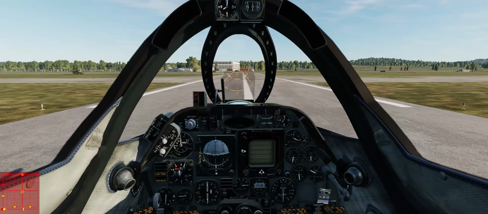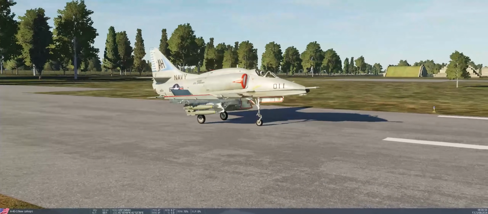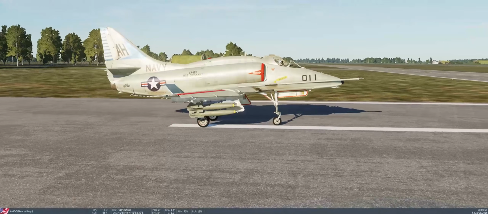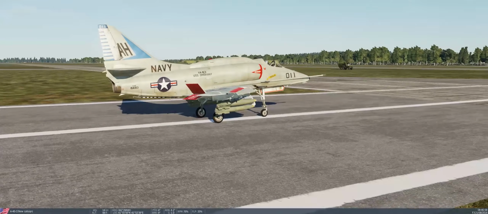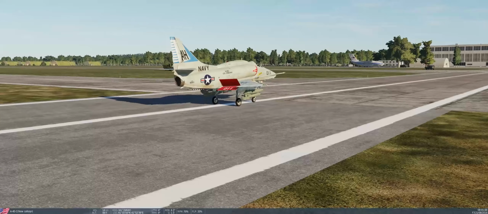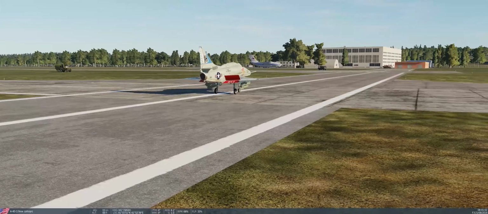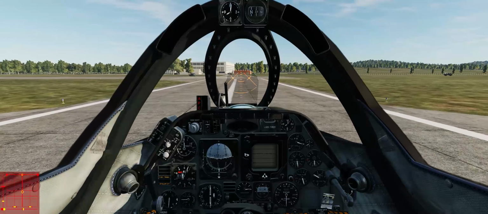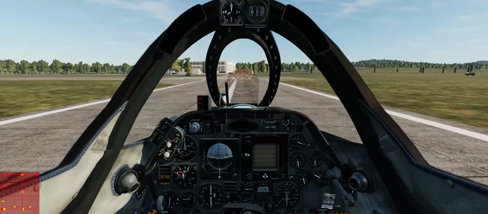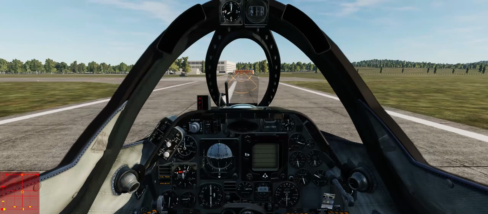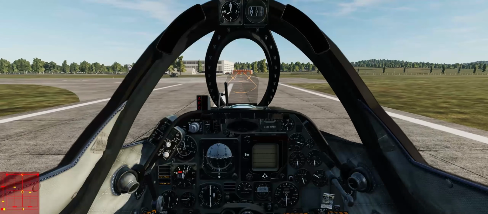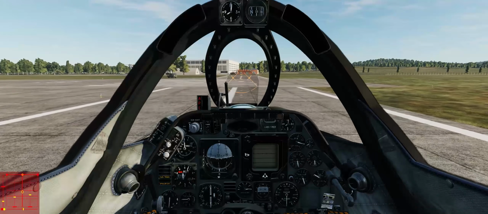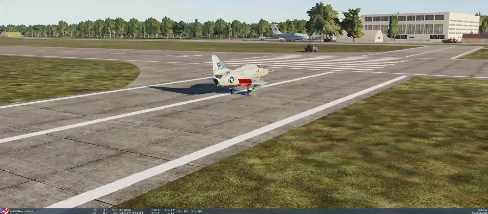Today we're going to talk about high drag bombs, and we're going to be doing it old school, no bombing computer. So today is going to be a bit of a composite video because I already did a whole series called Rolling Snakeyes on using high drag bombs, and there's nothing in that series that was invalidated by the version 2 release. So I'm going to go back and use some of the video that I already did,